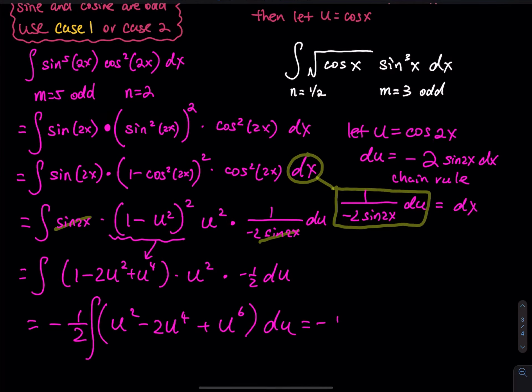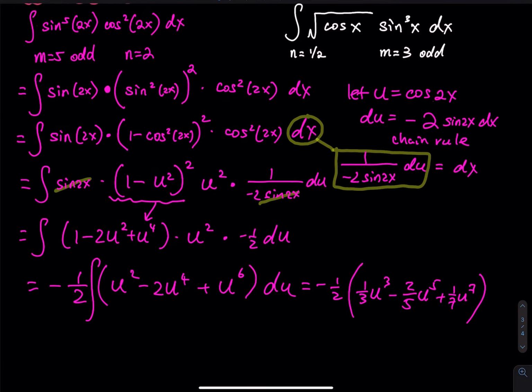I have negative 1/2 and then 1/3 u to the third minus 2 over 5 u to the fifth plus 1 over 7 u to the seventh. And then you put the u back, so you let u equal cosine of 2x. And then you can distribute the negative 1/2 simultaneously. So you have negative 1/3, and then you have cosine 2x to the third. Okay, so you can put it like this: cosine to the third power of 2x, and then plus 1 over 5